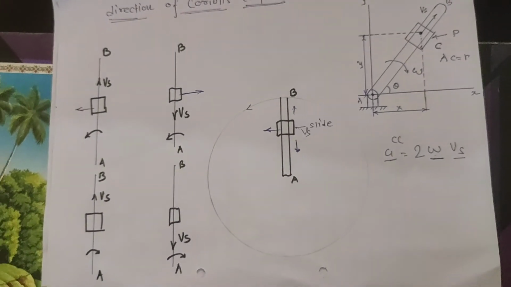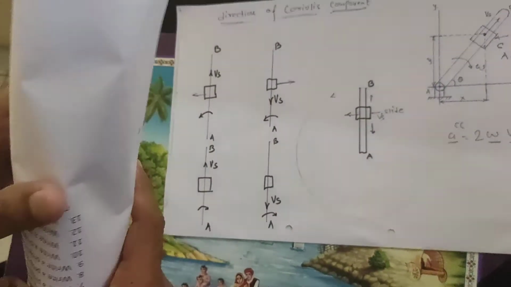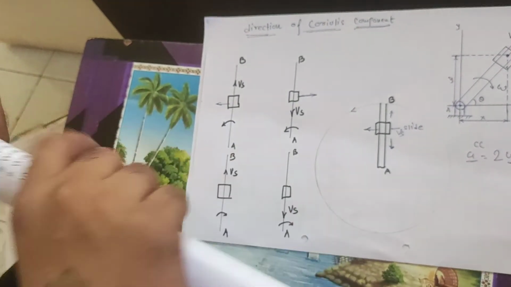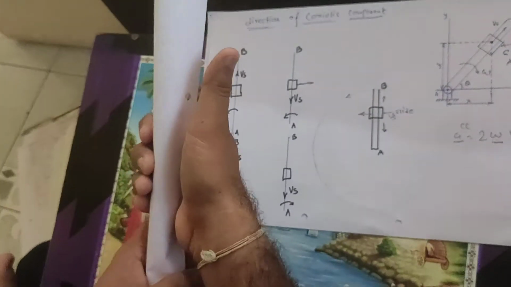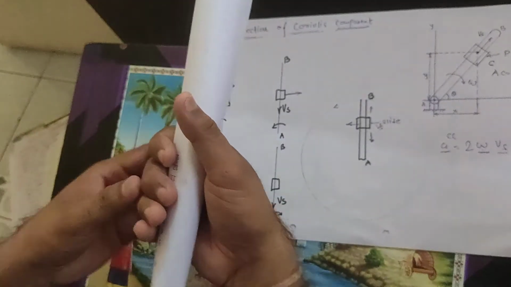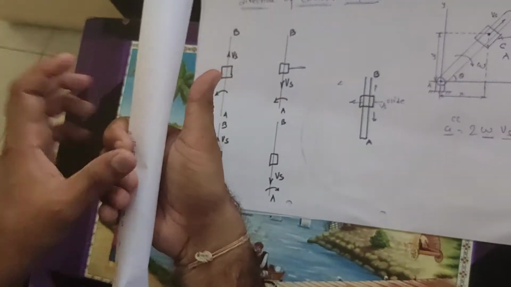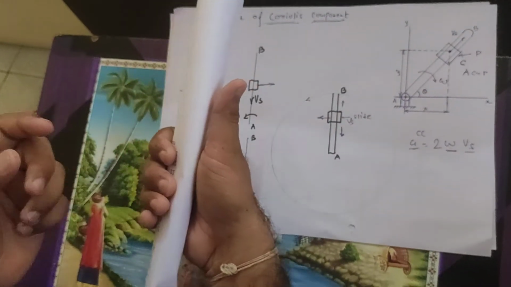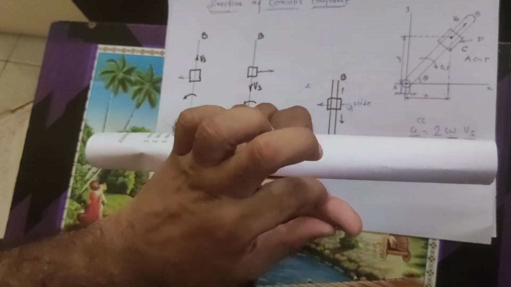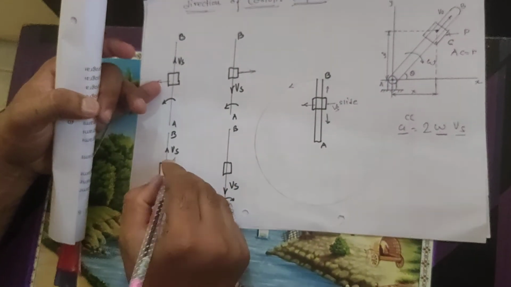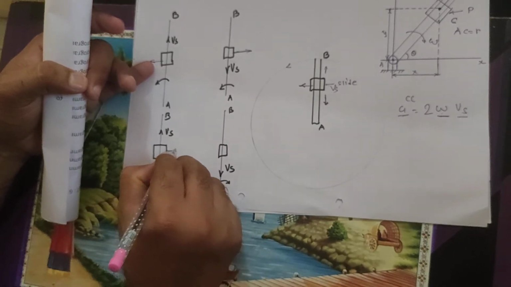Simple consideration: consider this is our link. This is the link that I hold in my hand. This indicates the direction of the slider. The link may be moving in the clockwise direction, in this direction, and this is the velocity of the slider, so it may be moving like this. So this indicates the direction of the slider. Clear? This is the thing.